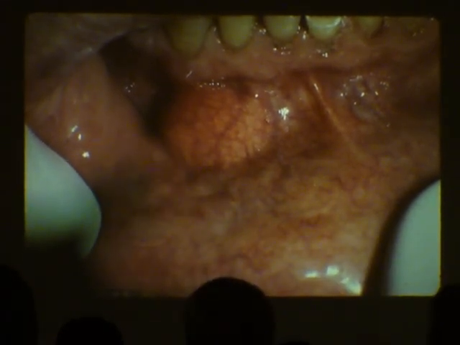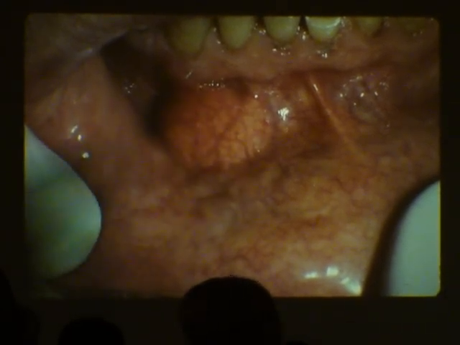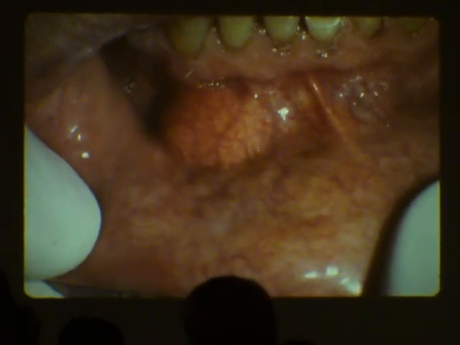And either vestibule, submucosal mass, you can see the vascularity over it, and then you can see the color. This most likely represents